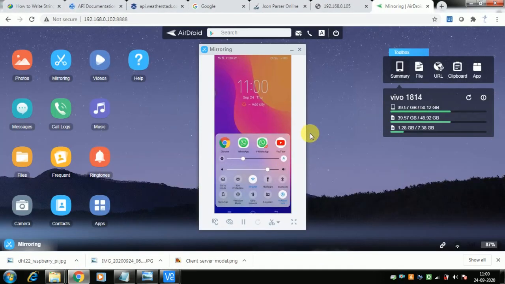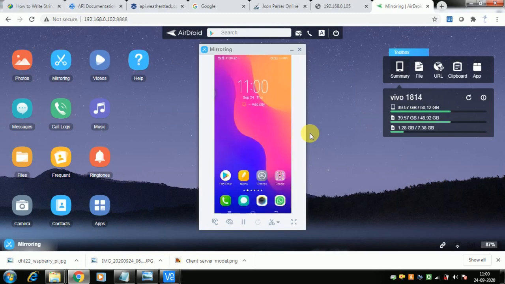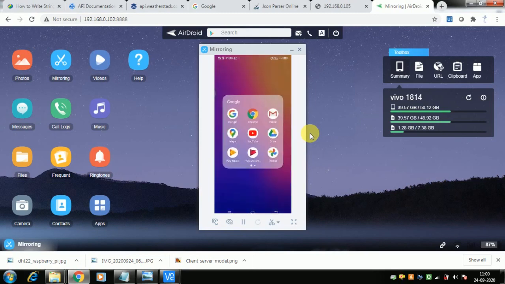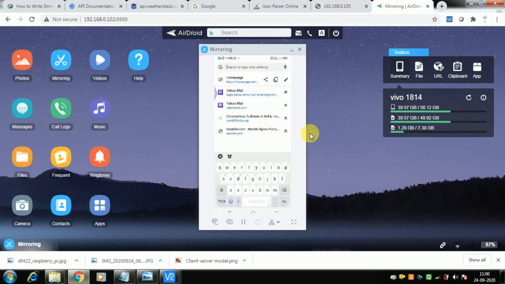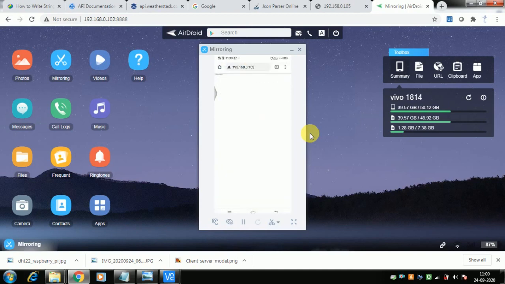So you start your Wi-Fi, then let me open Google Chrome, and then we go to the same IP address 192.168.0.105. I click that one, and if you see here, our Raspberry Pi server is serving us this text, hello client. Okay, so we are able to access our server. Now let us go ahead and see how we can serve an HTML page and show some useful data in good format to our clients.